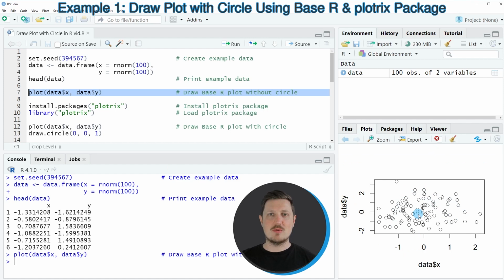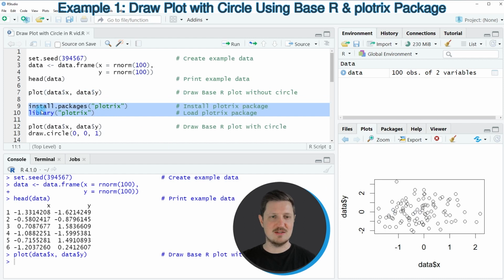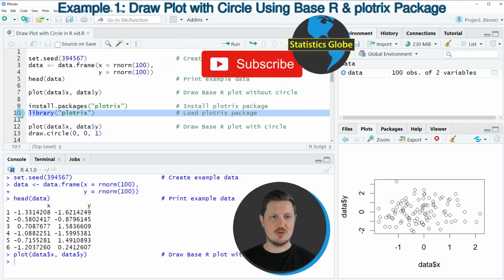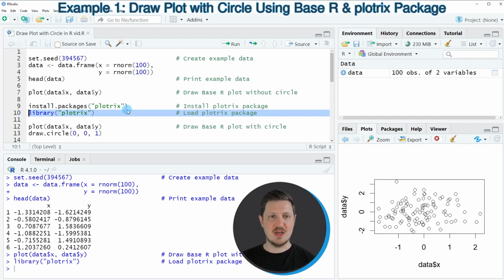Now let's assume that we want to add a circle to this plot. Then we can apply the functions of the plotrix package, and for this we first need to install and load the plotrix package, as you can see in lines 9 and 10 of the code. I have installed this package already, so for that reason I'm just going to load it with line 10 of the code. And after running this line of code, we can use the draw.circle function to add a circle to